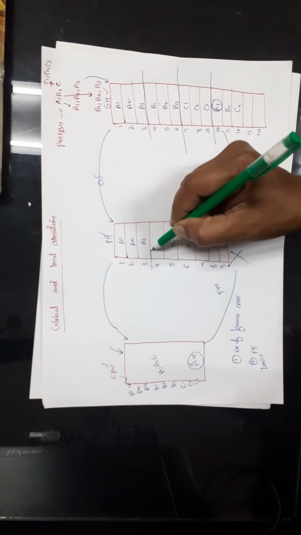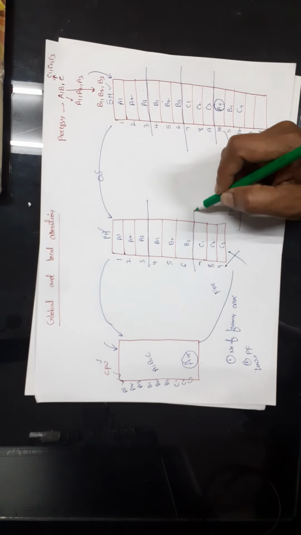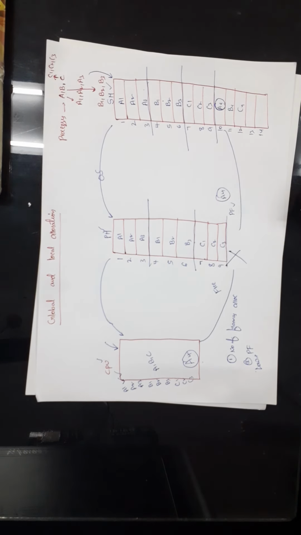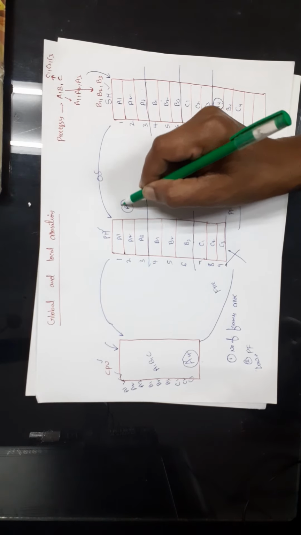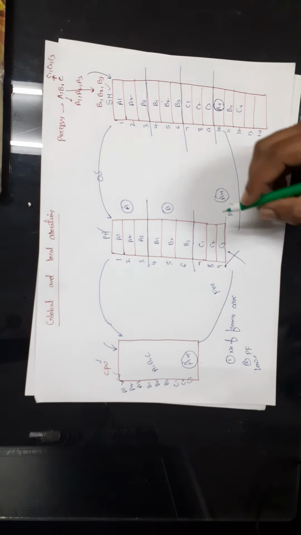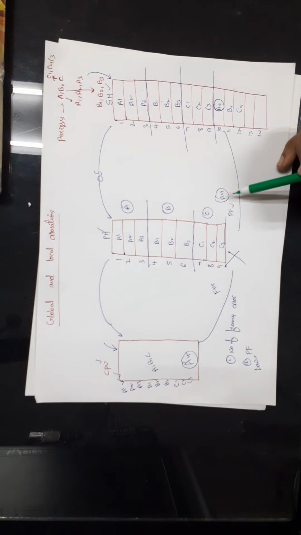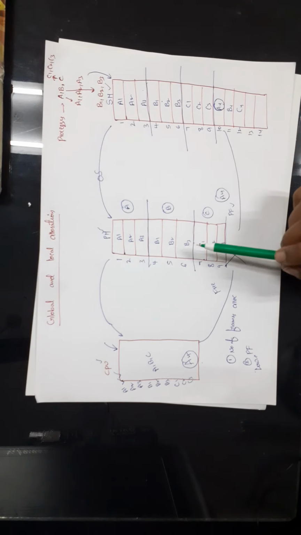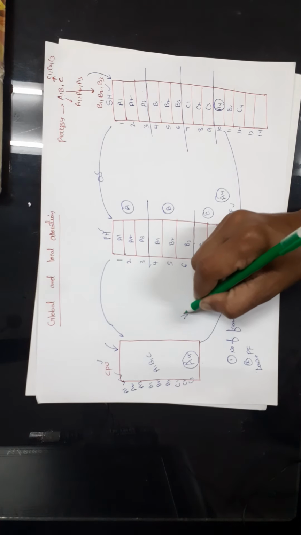If you observe, among 9 frames, 3 frames are allocated for A, 3 frames are allocated for B and 3 frames are allocated for C. Now, in order to choose one victim frame, we can choose the frame from process A, or from process B, or from process C. That means we have a page fault, A4 is not available, and now we have to deallocate one of the frames.